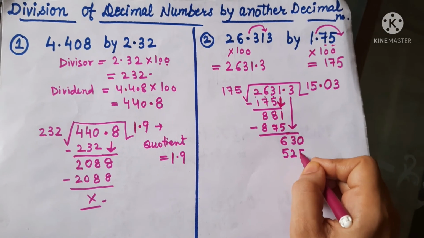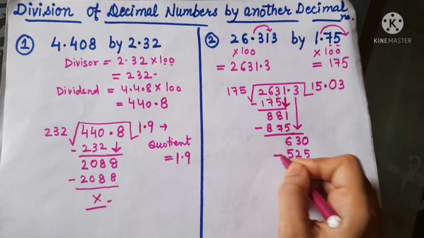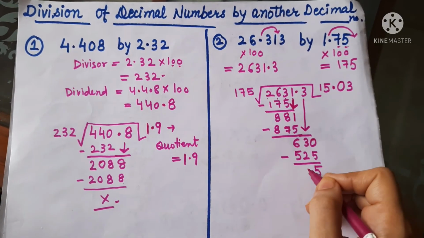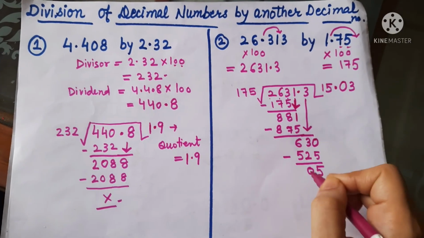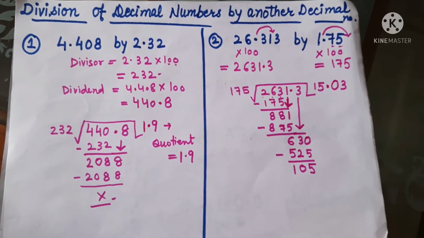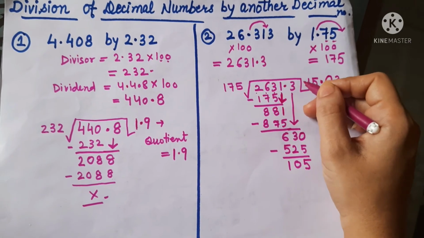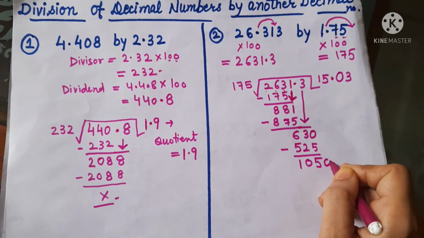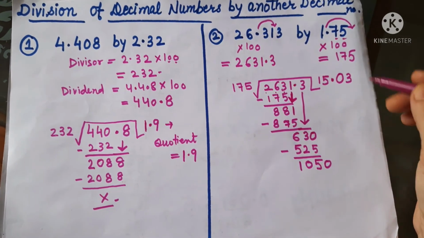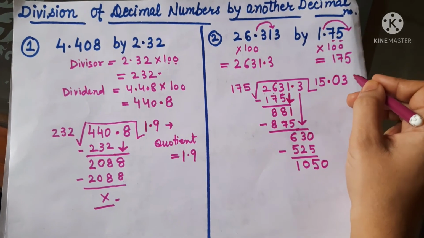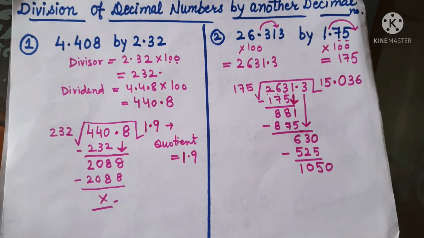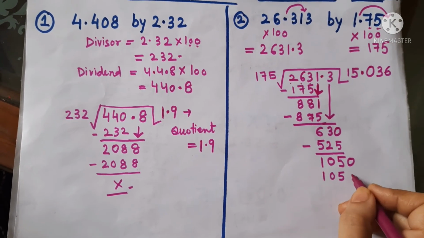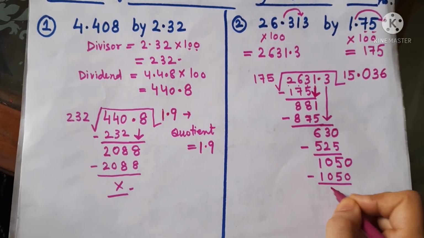175 times 3 is 525. Now we will subtract the term. 10 minus 5 is 5. Okay, 2. 2 minus 2 is 0. And 6 minus 5 is 1. 105 is here. Now we don't have any other number to get down, meaning in the decimal part we have a lot of 0s. So we will mark another 0. Now on which number will it go? It will go directly with the number 6. 175 times 6 is 1050. Now we will subtract, that is cross.